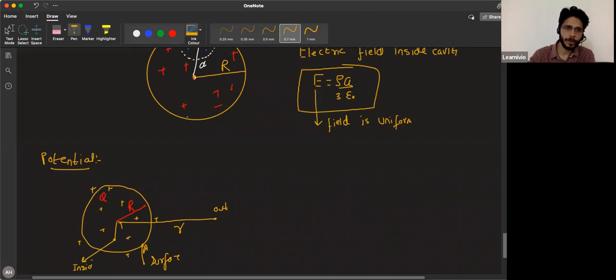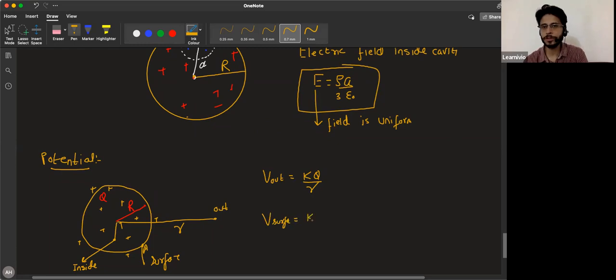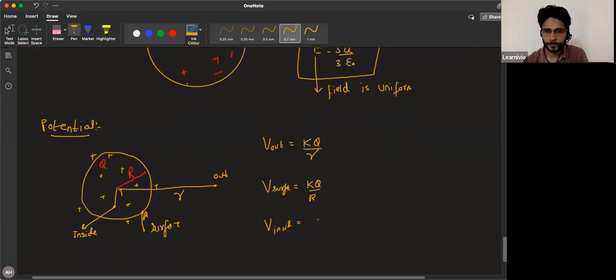If you want to calculate the potential outside the sphere, it's simply kq by small r. It's just like a point charge. On the surface of the sphere, this is kq by capital R. But if you want to calculate the potential inside the sphere, then inside it's q by